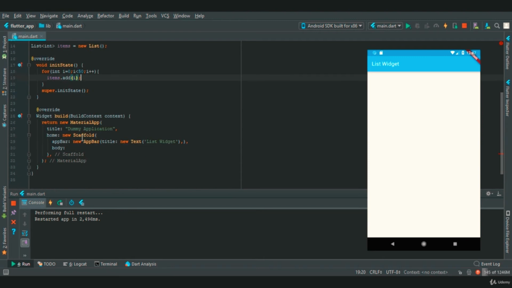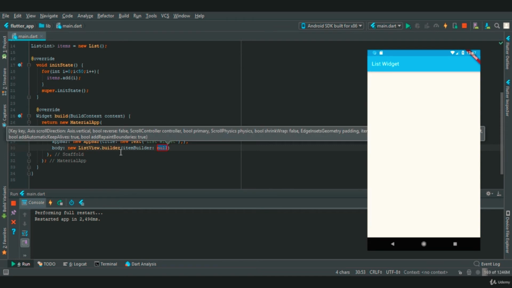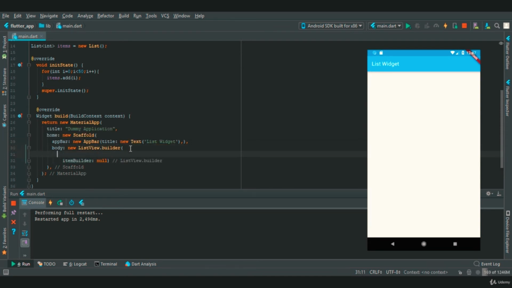Now in scaffold, in body property, we are going to create a new list view builder. In this we need to focus on two properties, that is item count and item builder.